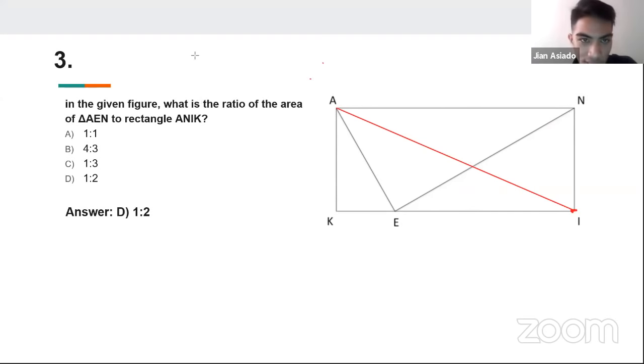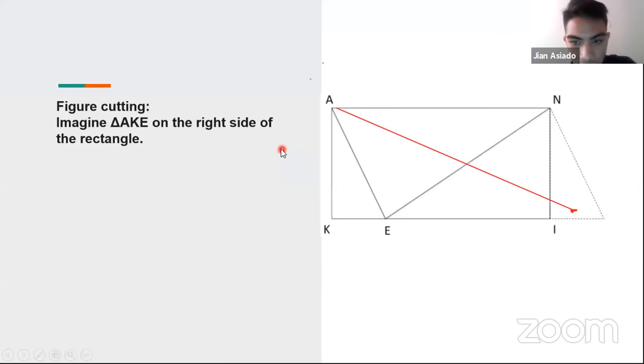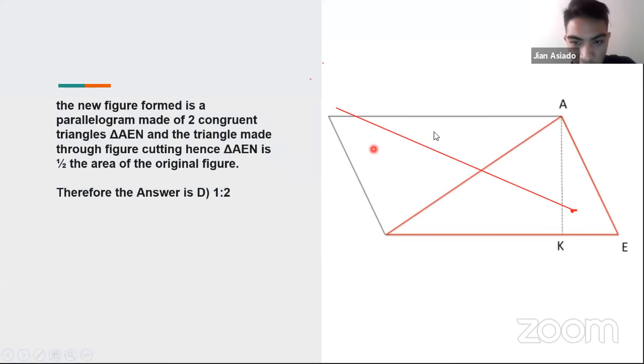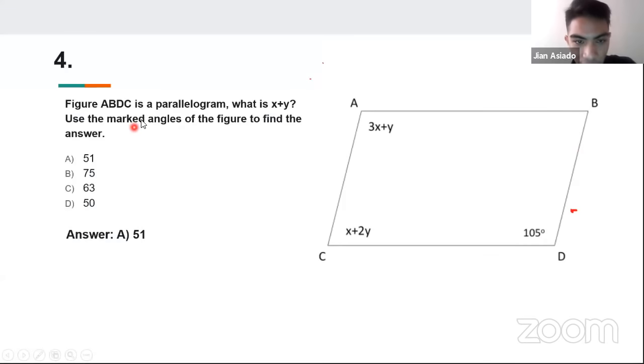Ayan. So, as you can see, dito mas madali nang makita, no, na yung proportion niya is just 1/2, 1:2. Ayan. Okay, so yung triangle na to, pag minultiply mo siya sa 2, yung area niya equal to the area of the rectangle. So letter D. Ayun, same lang din nito yung pinaparating ng slides. And then, ayan, number 4 naman,